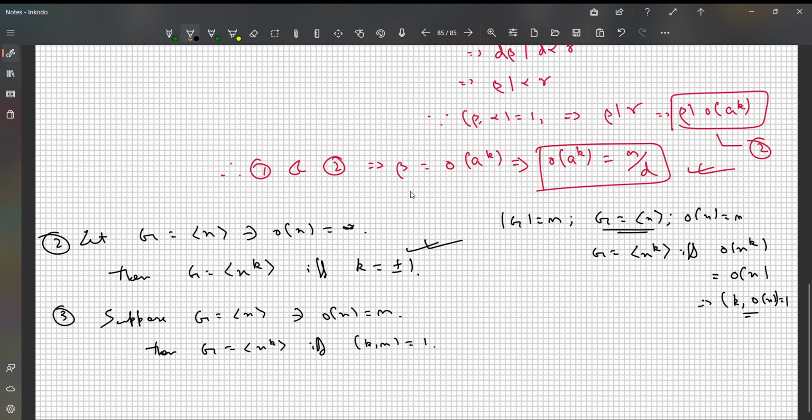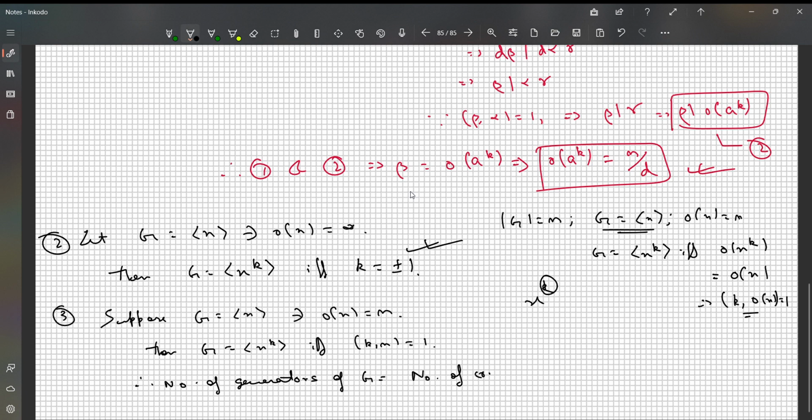So obviously then we can speak about the number of generators of G. Basically, the generators of G are all those elements of the form x to the power k such that k and the order of x are co-prime. So this is equal to